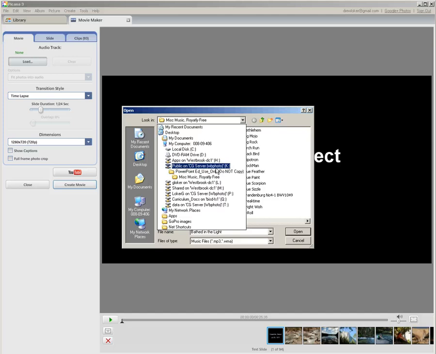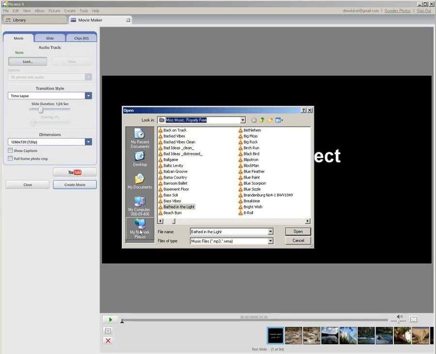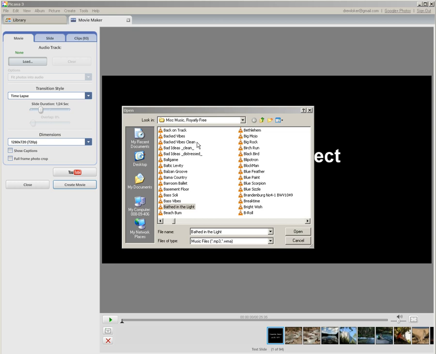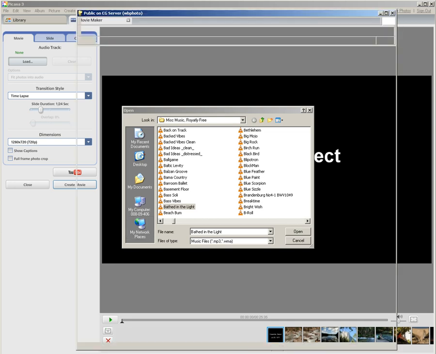On the public server, underneath the PowerPoint Ed Use Only, you may copy one song into your local drive. You do generally want the song right next to where your video is. You may not be able to populate this path right here unless you go down to the bottom where it says My Network Places. If you click on that tab, that may bring up the public folder, the K drive. But we may not have mapped that in class, so what you may need to do is go to the folder manually with the Windows key R and run to the public folder and navigate to the music folder,